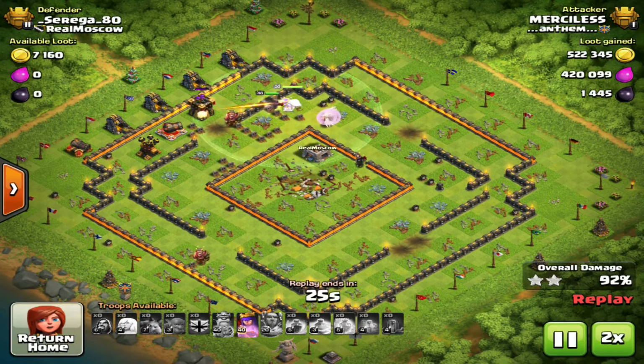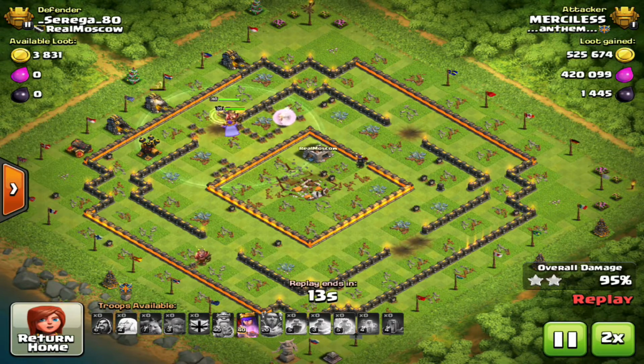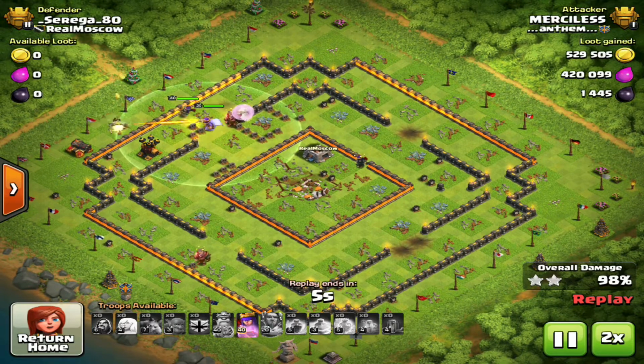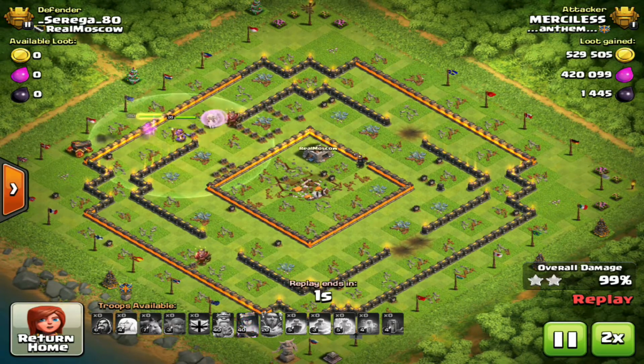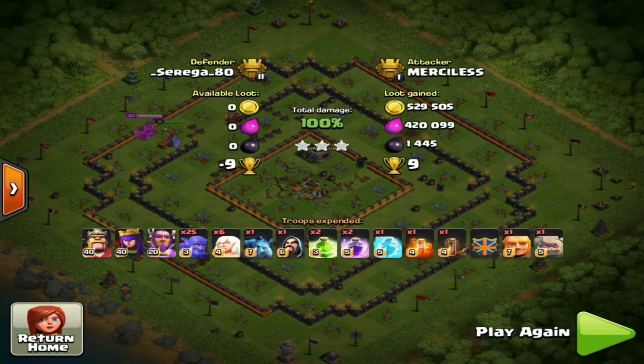As some people say, you could base roll with some of these bases now with bowlers, so it is pretty good when you get a 3-star, and I was pretty happy with that. So yeah, pretty happy, and there goes the Queen's ability, pops at the end. So on to the next one,